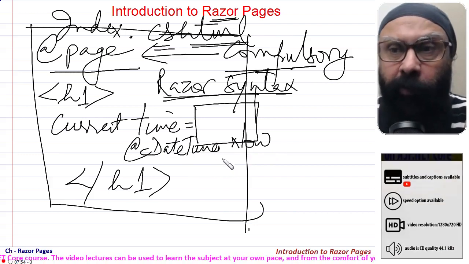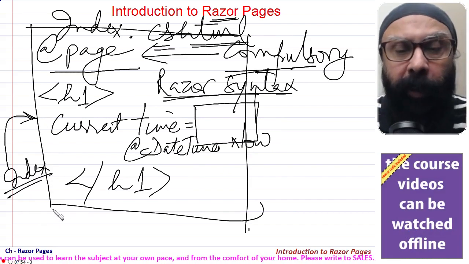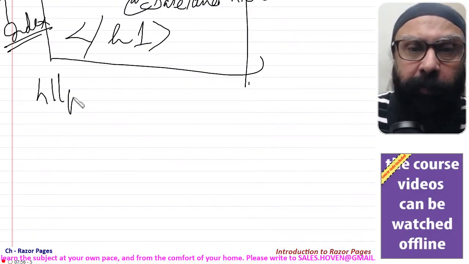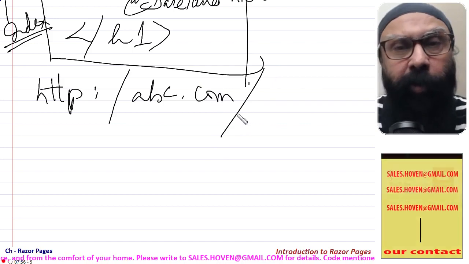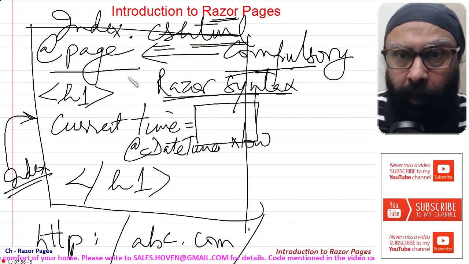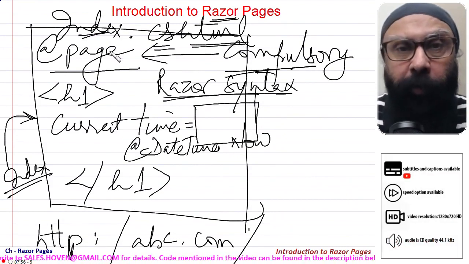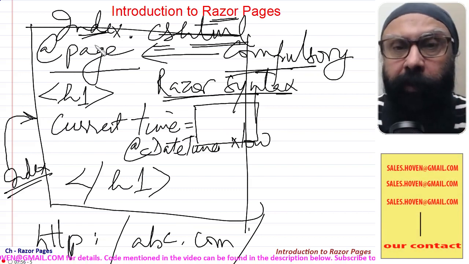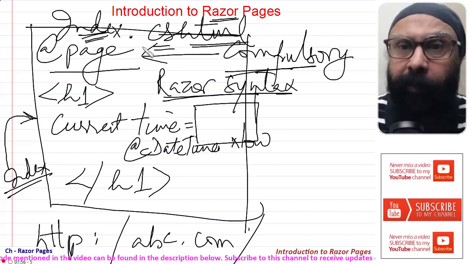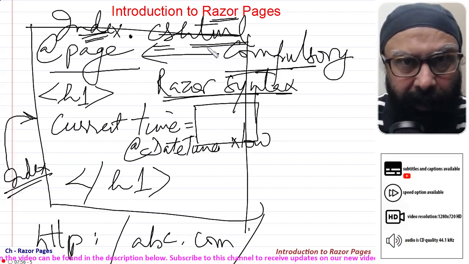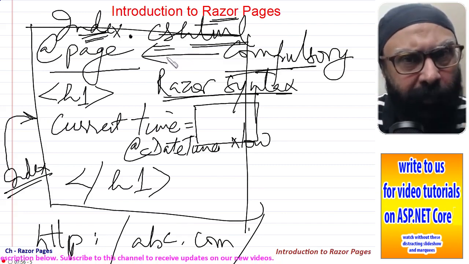Now when your remote client asks for your index page, he will type something like https://abc.com/. Now he is asking for your index page. On your server we have a file index.cshtml. So when this name is encountered by the ASP.NET Core server, it sees that an index file is required, then it will go to the index.cshtml file. This file obviously has to be placed at a special location that we'll forget right now.